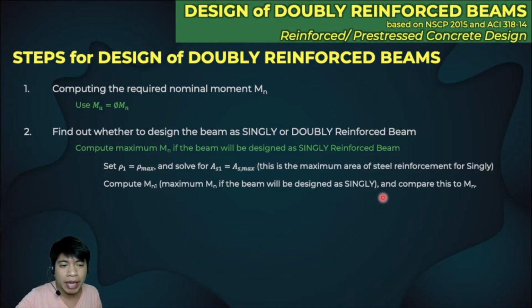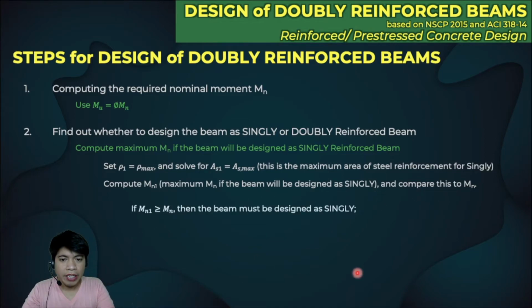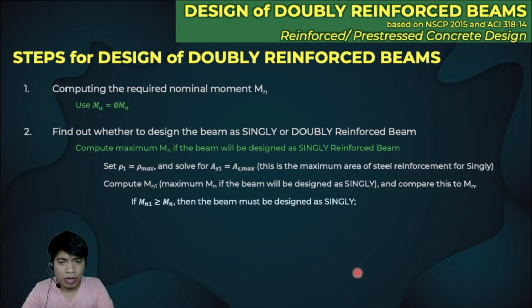And i-compare natin yan to MN. So, take note, kung yung ating MN1 na yun, guys, is mas malaki or equal to the nominal moment, then ibig sabihin, kakayanin ng singly reinforced beam na i-resist yung nominal moment na required natin dun sa number 1. Kasi nga, yung MN1 na yan is the maximum moment na kayang i-offer ng beam kung singly reinforced beam siya. So, hindi na natin kailangan ng additional na moment kung kakayanin naman niya yung nominal moment na na-compute natin